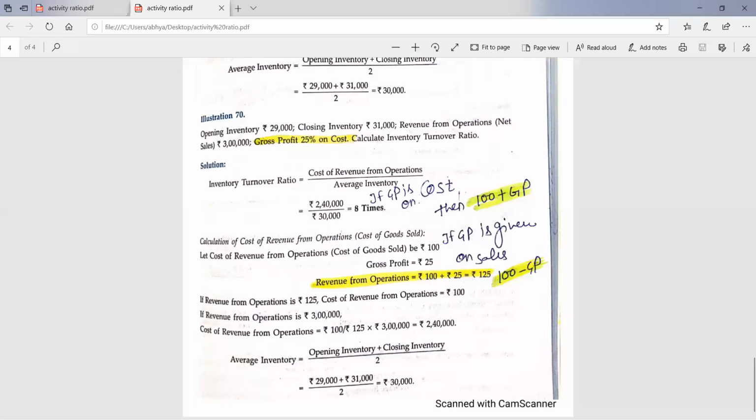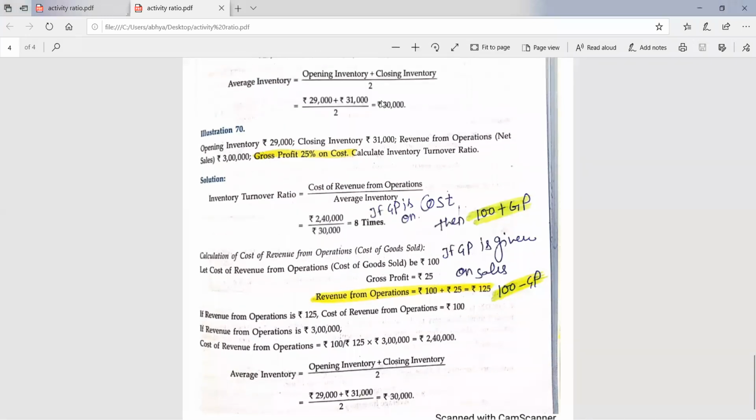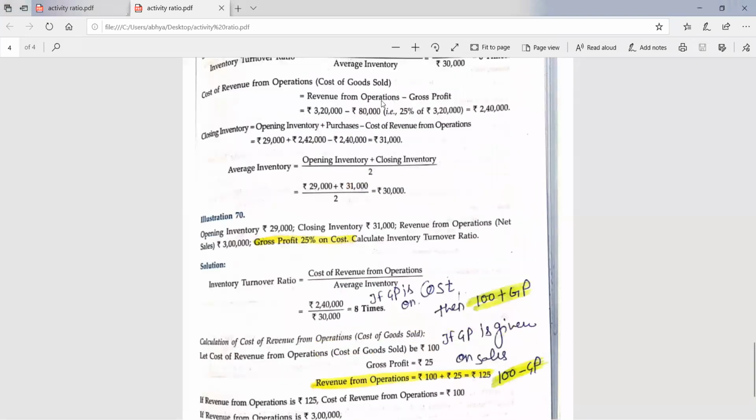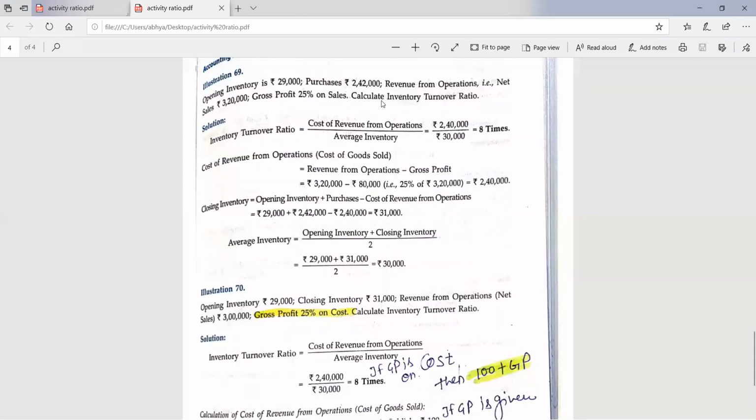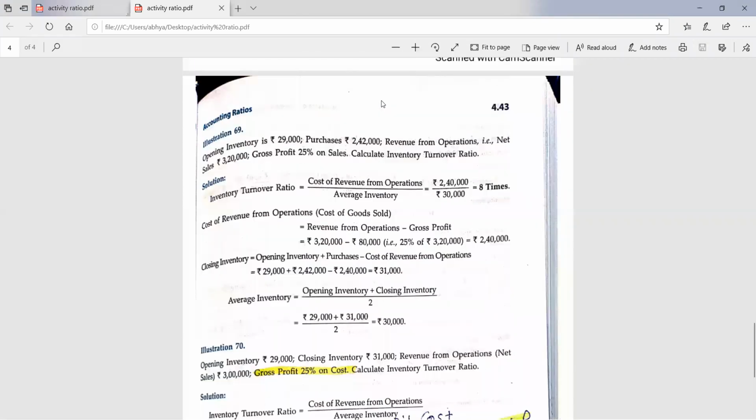Very good students. So here today's topic is ended. So we have done all types of questions and by the evening, I'll be sending you an assignment. So you have to complete that assignment.